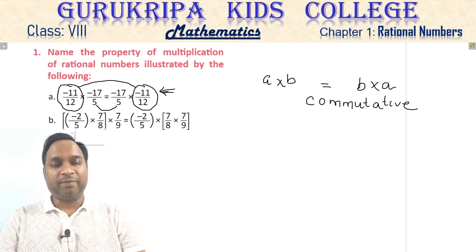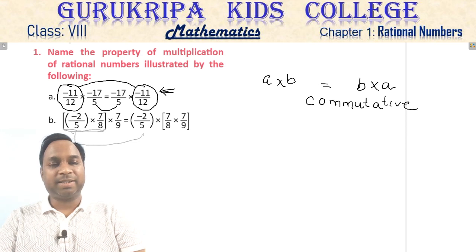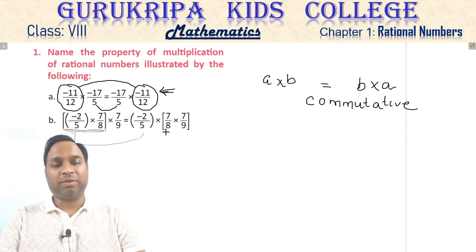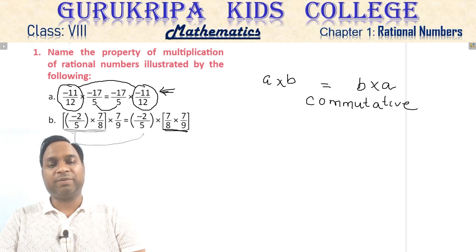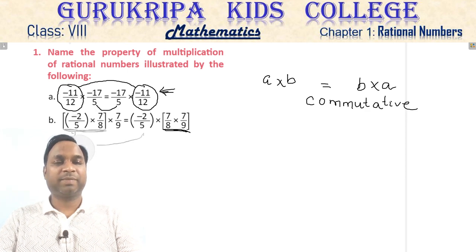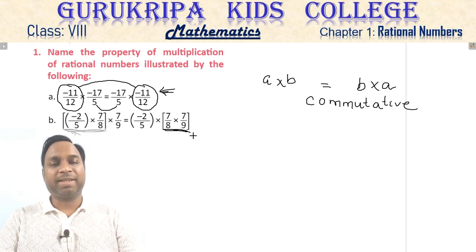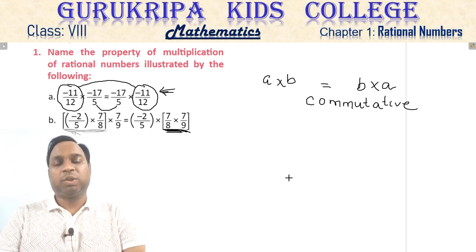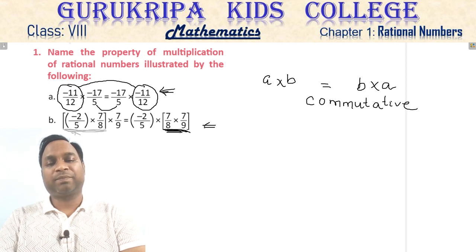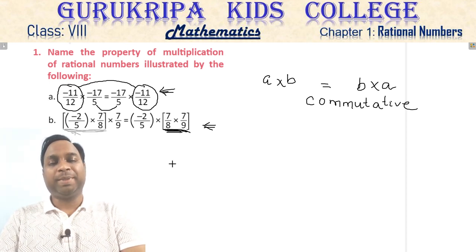Okay? The second question is also very similar. This 2 by 5 is coming over here, but first you had to evaluate this bracket. In the left hand side you have to evaluate the first bracket first, but on the right hand side you have to evaluate the second number first. Right? That is the only small difference between the two. Apart from this there is no difference. In the left hand side you have to multiply these two numbers first, whereas on the right hand side you have to multiply these two numbers first and then you have to multiply the other number also. So both the numbers are going to be equal. Does anyone have any doubt that the number on the left hand side and the number on the right hand side will both be equal? Both the numbers are going to be equal.